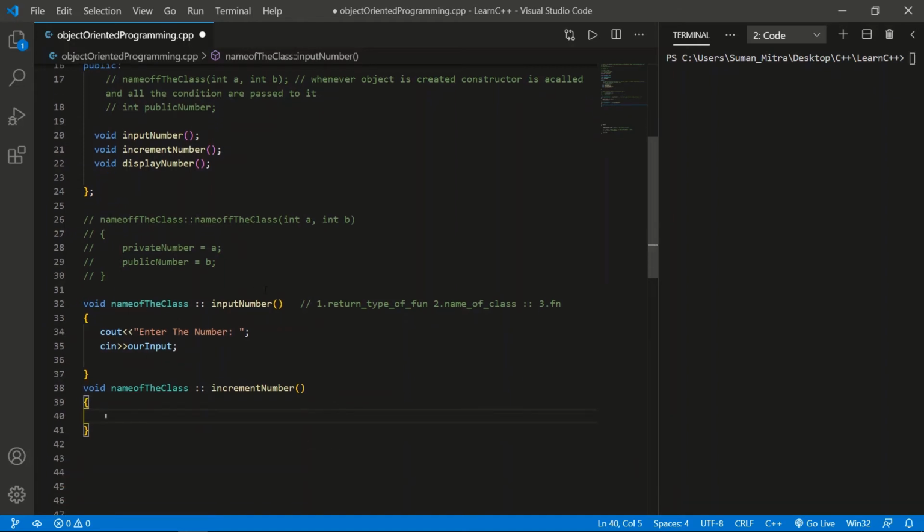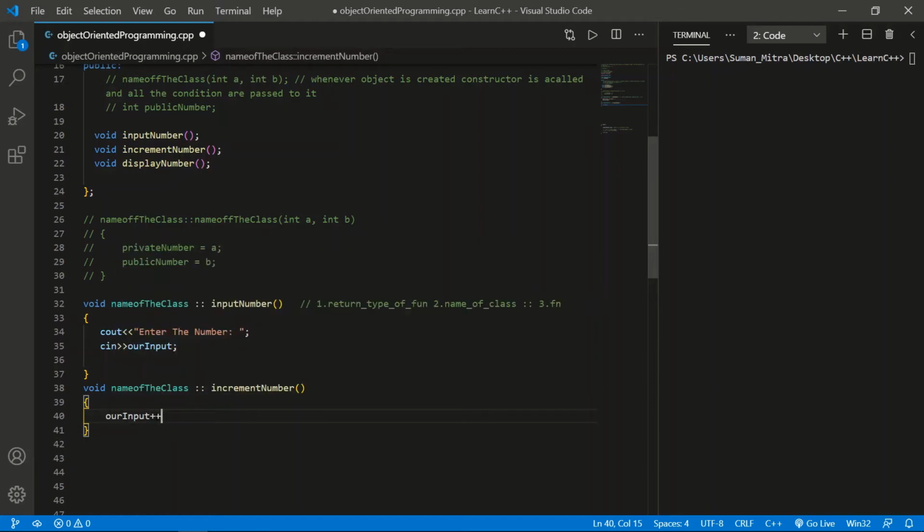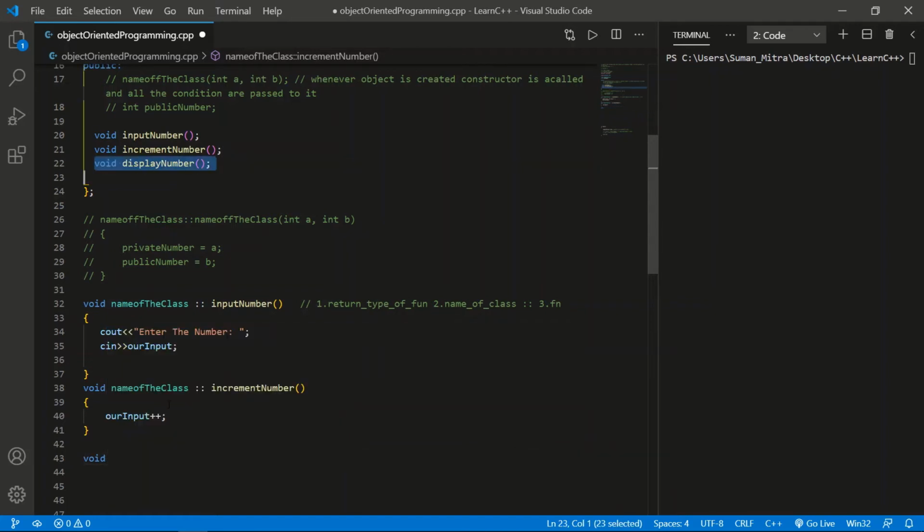And now we want to increase the number, so we'll just write our input plus plus, if we want to increase it by 1. So this is our second function, and our third function has return type void and is called display number. So first write the return type, the name of the class, scope resolution, and the name of the function, which is display number. So let's write display number, use the parenthesis and just print out with cout